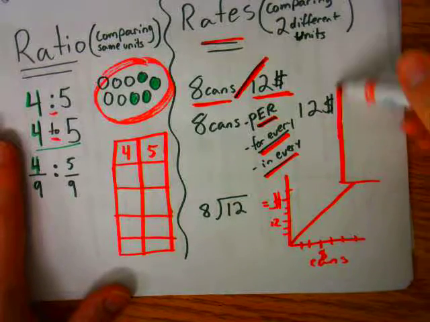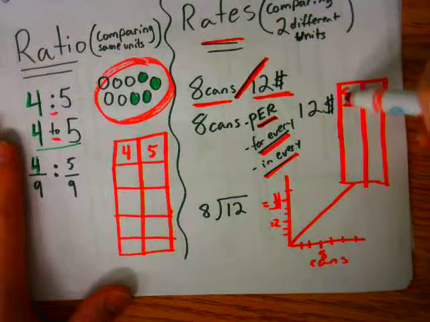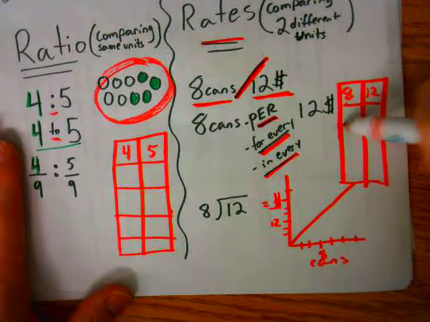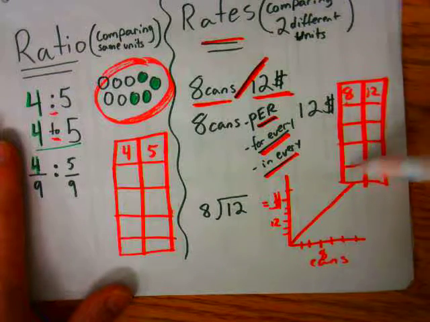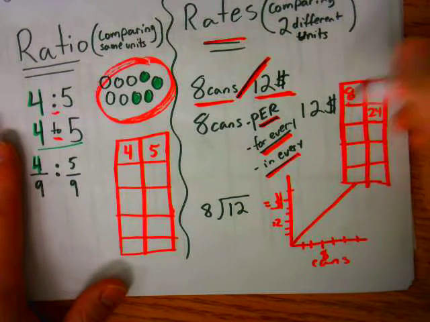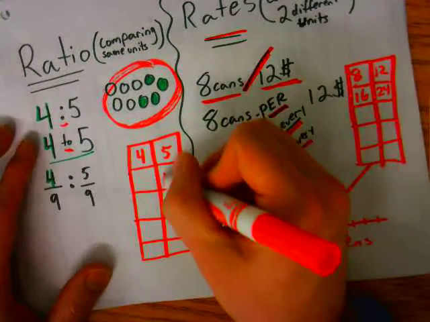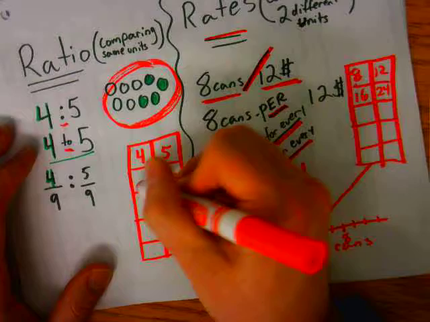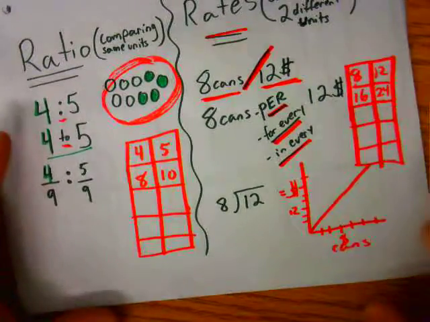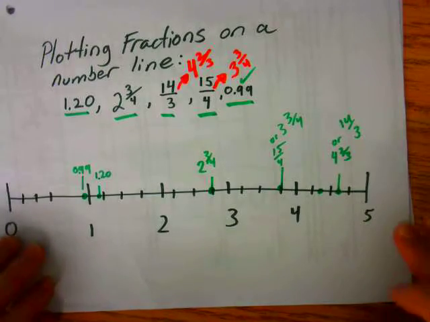We know that our deal starts at 8 and 12. So 8 on one side and 12 here. What would be our next factors as we moved in? If we bought another 12, that would be 24, and this would be 16. If we increased it here by double, this became 10. This would become 8. That wraps up today's lesson on rates and ratios, plotting numbers on a fraction, plotting fractions